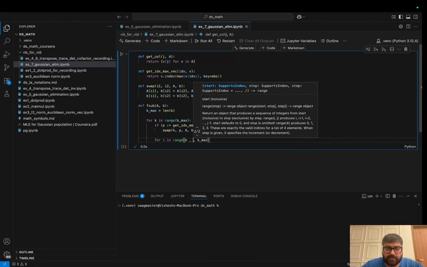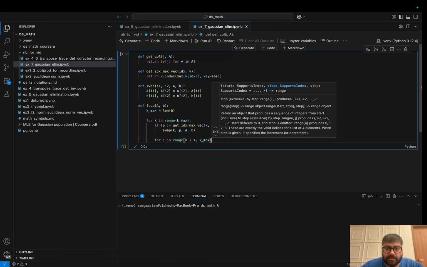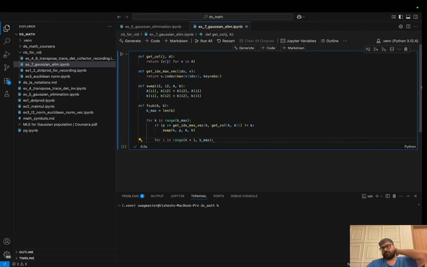K plus 1, yeah, that makes sense because we're gonna look at k plus 1, the row after. Let's make this k max minus 1 because we don't want to iterate over the last row. And for i in range k plus 1,